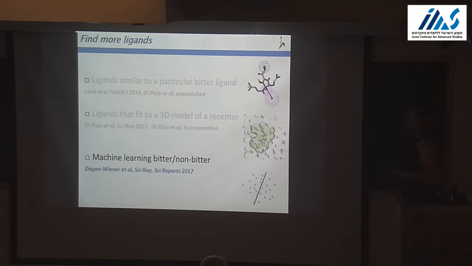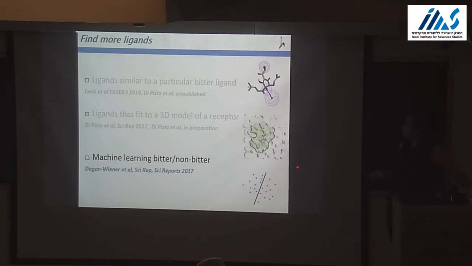But this is really painful, right? If I want to do it for each individual receptor, there is a lot of work, a lot of manpower to understand how the binding site looks, and even then we will find some new ligands maybe, but we cannot say anything about something that does not fit into our refined and excellent model. If it doesn't fit in there, I don't know what it means. Does it mean that it just binds in a different way, or does it mean that it is not bitter? And we do want to know what is bitter or not. We kind of do want to have a classifier between bitter and non-bitter